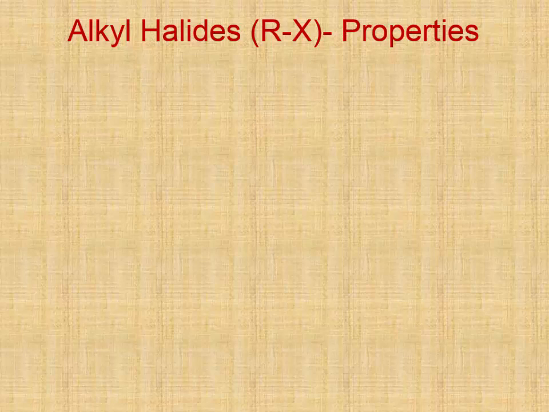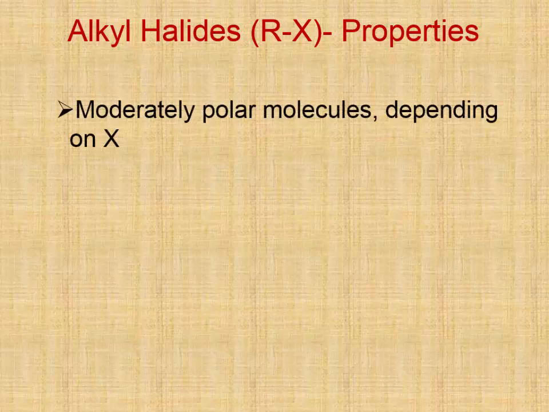I'd like to do a quick introduction to alkyl halides before we start talking about their reactions. Let's just review some of the things that we already know about alkyl halides. You should remember that they are moderately polar molecules, but there's a range of polarity depending on the identity of the alkyl halide. Remember that fluorine is the most electronegative of all of the elements and the most electronegative of the halogens. As you go down in the periodic table within this family, electronegativity decreases, and by the time you get to iodine, electronegativity is not very high at all.